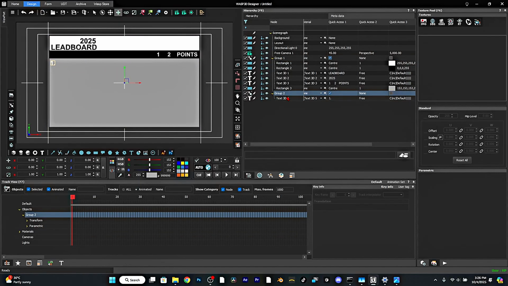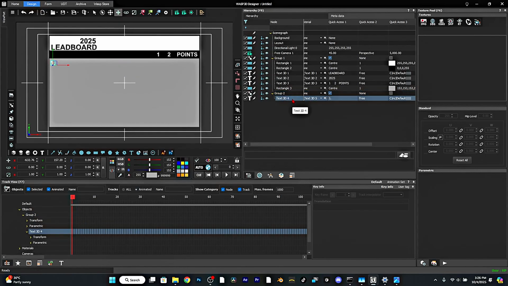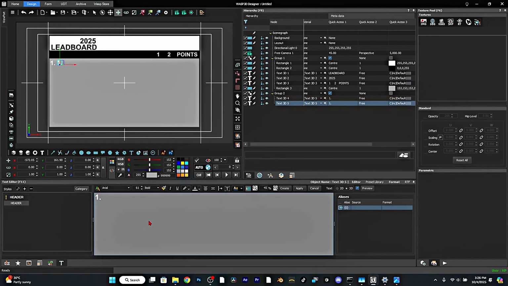Once you are done with that, the next thing that we are going to do, I click on it, copy objects. Let's drag this here. Now another way that you can be able to change the text, without you going over to the text editor, which is this place. So another way that you can be able to change the text without you going over to the text editor,